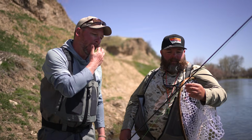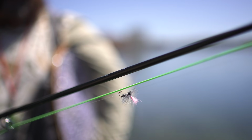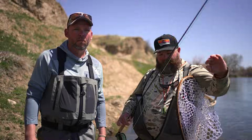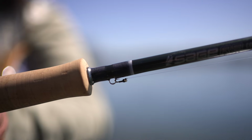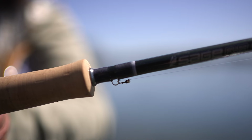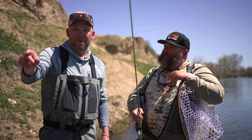So what do you got set up with today? We're just running a pretty standard dry dropper rig. I've got pretty much a big parachute ant on here, something we can see real well that'll float high. A couple feet below that, it's called the silver bullet baetis, a little perdigon kind of jig nymph